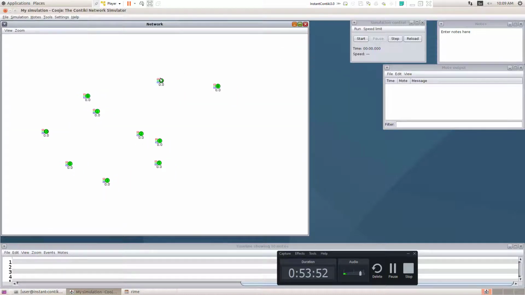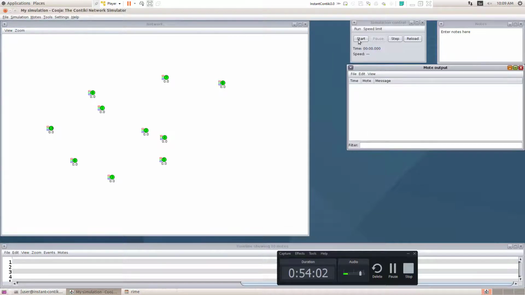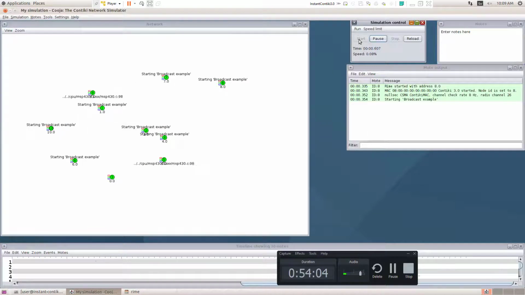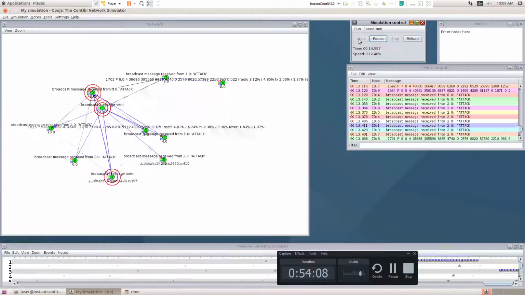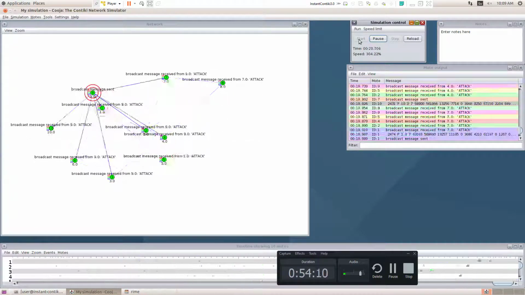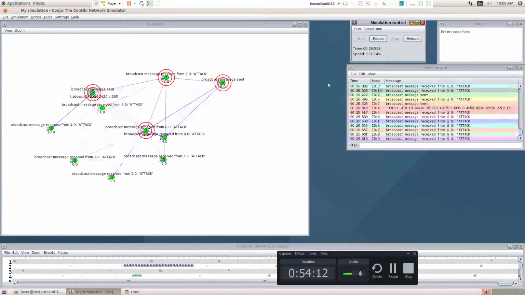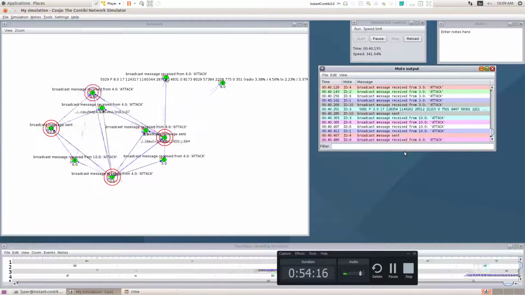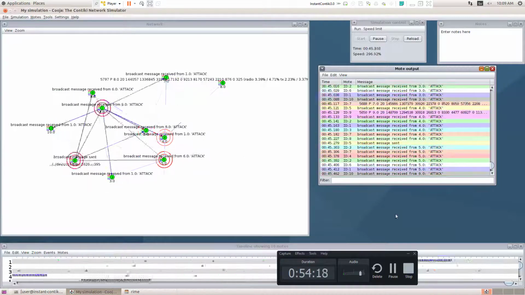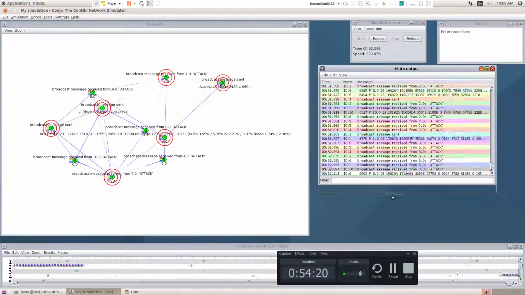If you run the topology, now you can find how to trace the power consumption of these particular devices. Now I'm going to click start. Once you click start, they are communicating with each other. Now you can see this screen, the node information. You see this node. You can have a look.